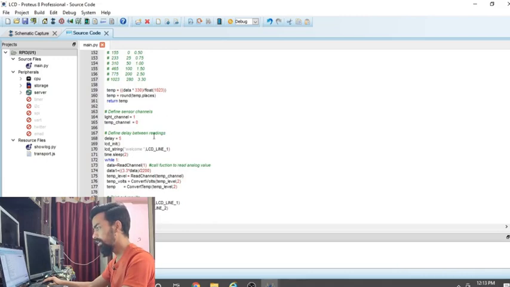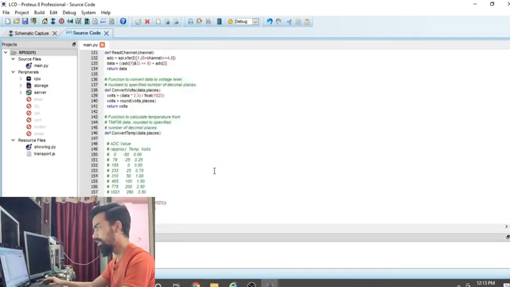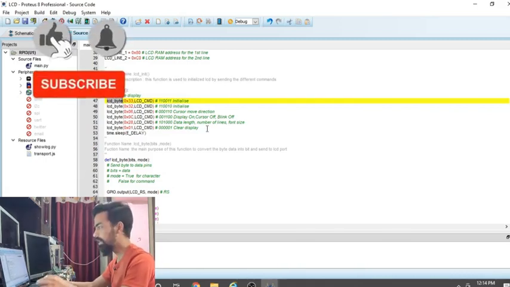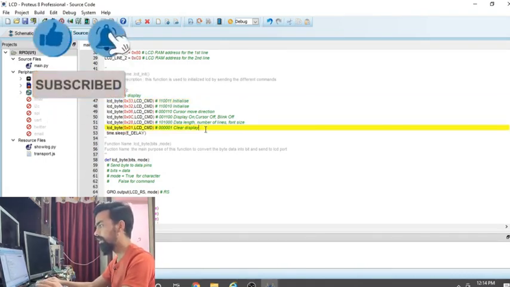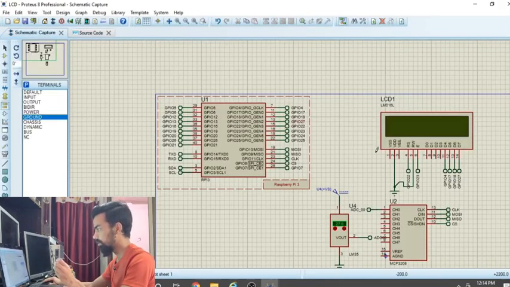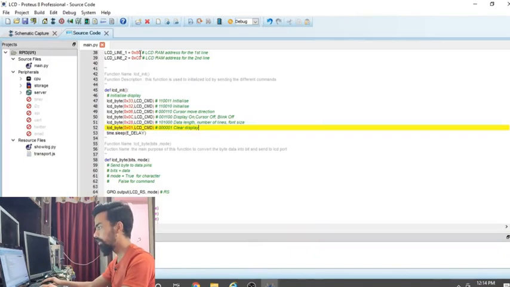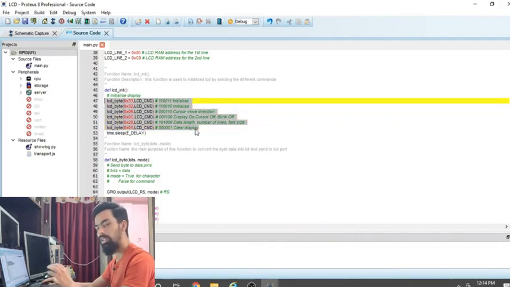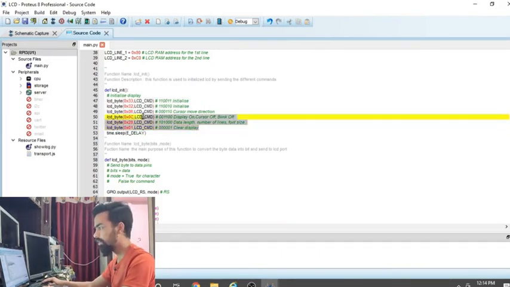So the first thing executed in the program is the LCD init function. You can see the LCD init function is here. In the LCD init function we have to send some commands so that our LCD works. These commands are to start the LCD, take the cursor to the first row, and make the message print on the first row only. You can see all these commands, and you will get details of these commands on Google.